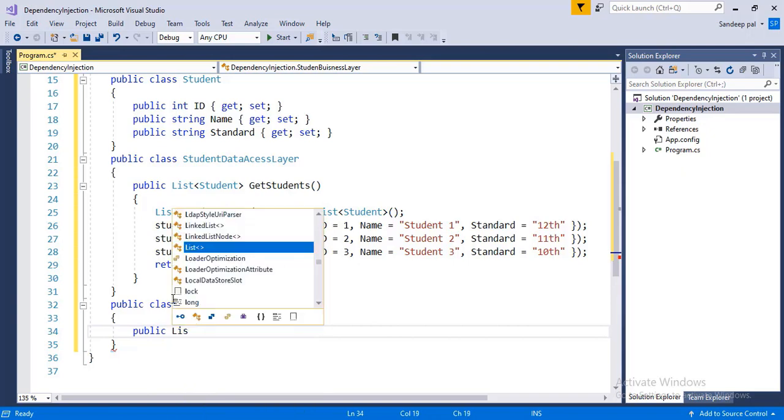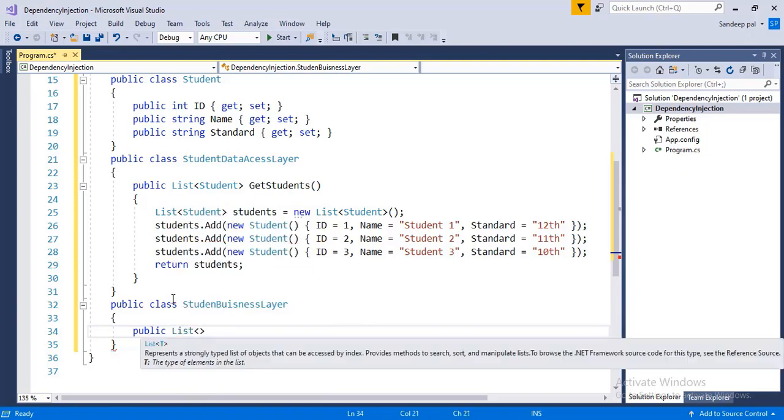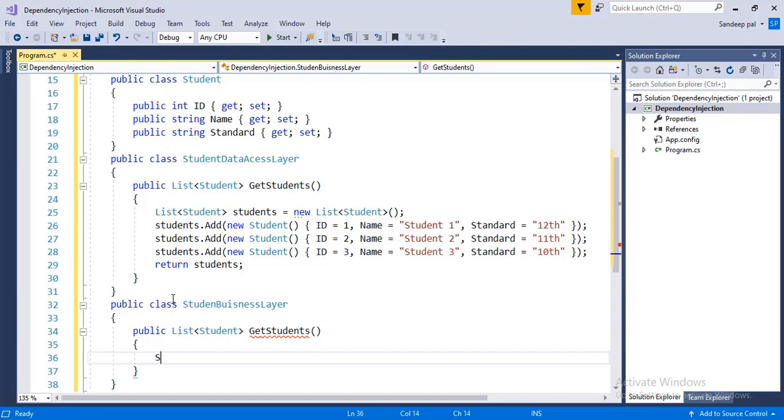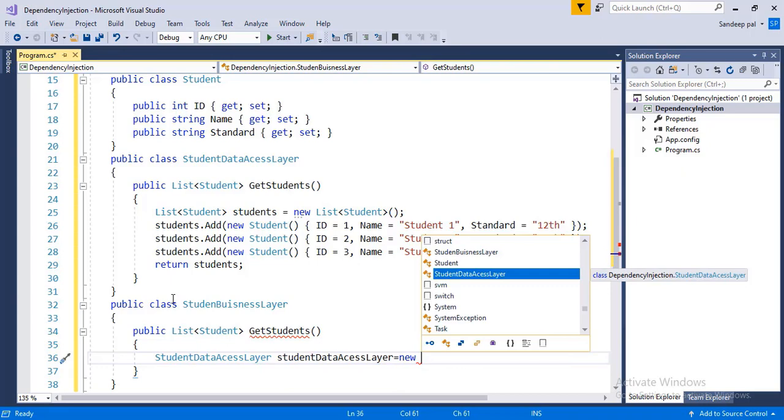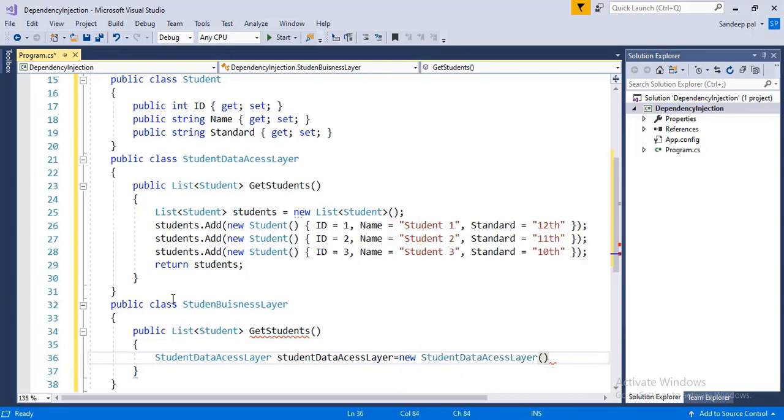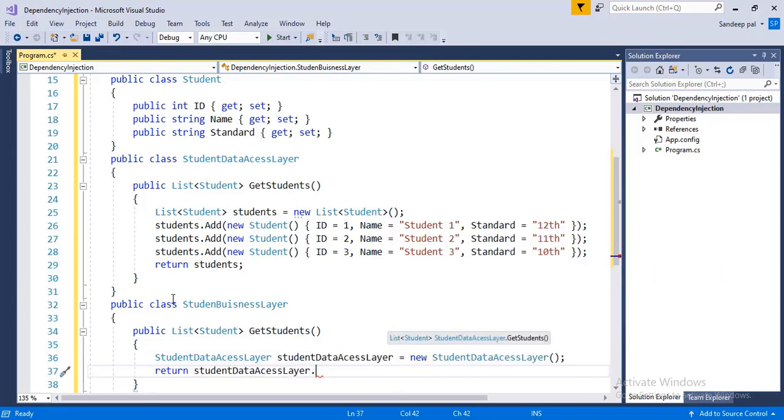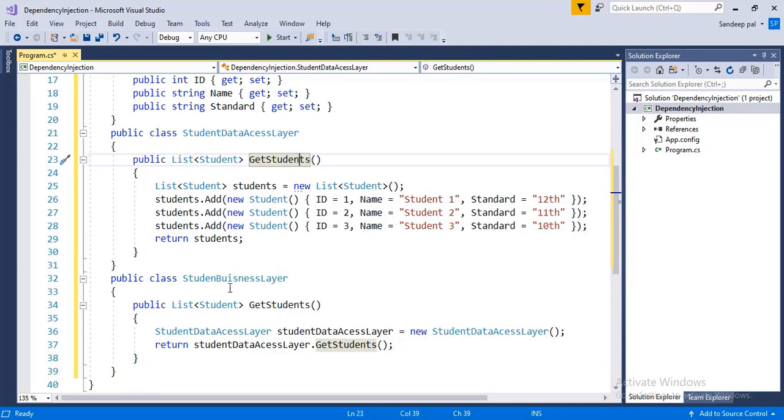Inside this method, I am creating an instance of the student data access layer class so that I can call the getStudent method of the student data access layer class. It is an example of tight coupling because the student business layer class is highly dependent on the student data access layer class, which is not a good practice.